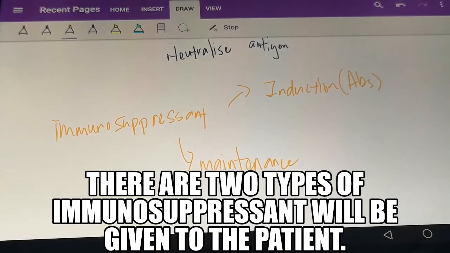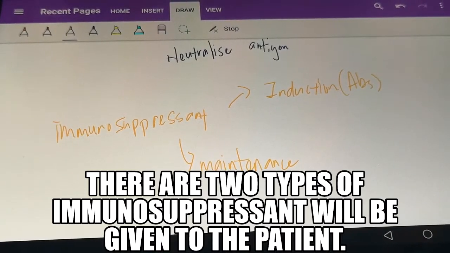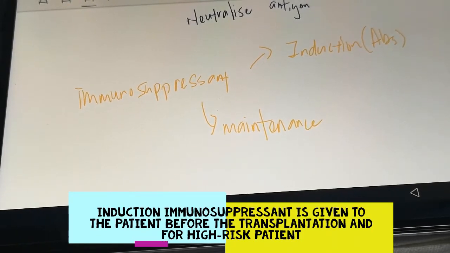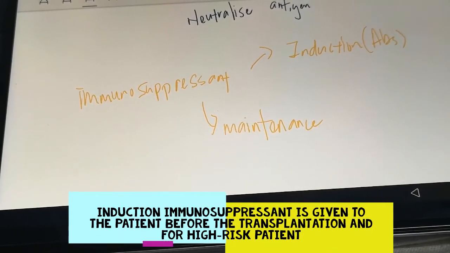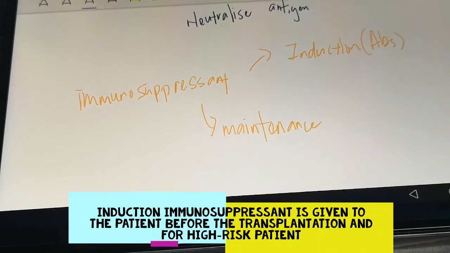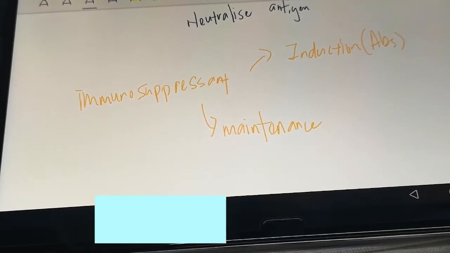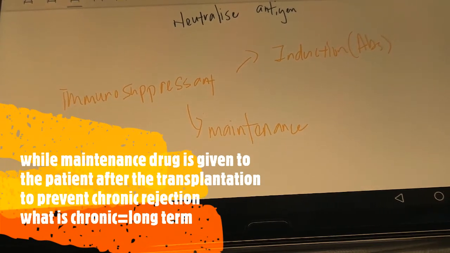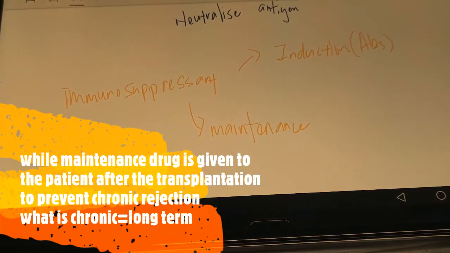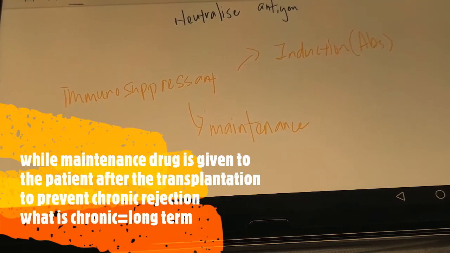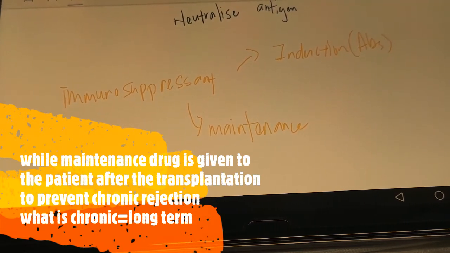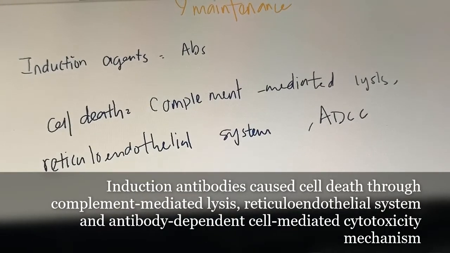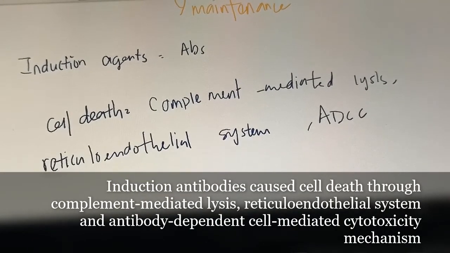There are two types of immunosuppressant given to the patient. Induction immunosuppressants are antibodies given to the patient before the transplantation, and for high-risk patients. The maintenance drug is given to the patient after the transplantation to prevent chronic rejection. So what does chronic mean? Chronic means long-term. Induction antibodies cause cell death through complement-mediated lysis,